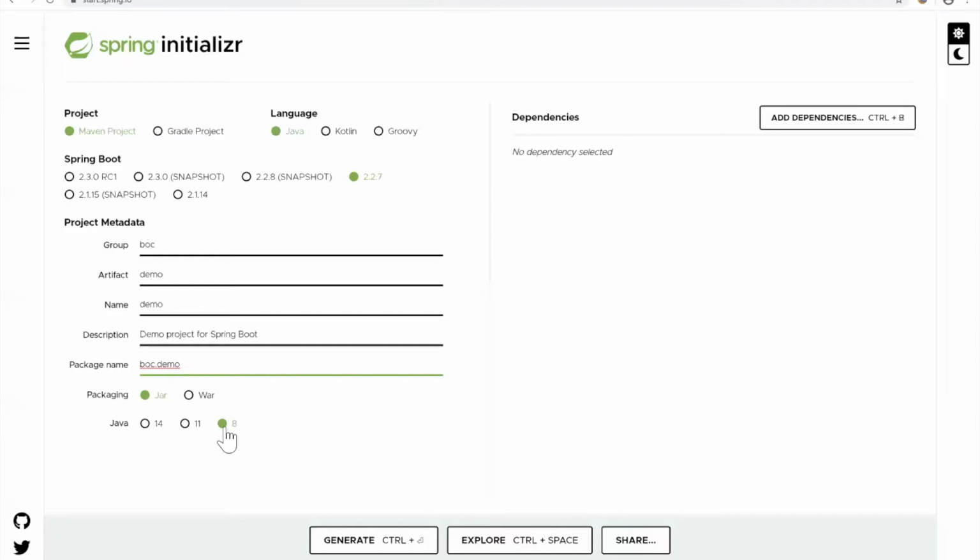So here if you see 8, 11, and 14, it supports all, right? As we go on, we'll see what is the difference. Because we have just installed 8, let's select 8. Okay. Now, Java again,